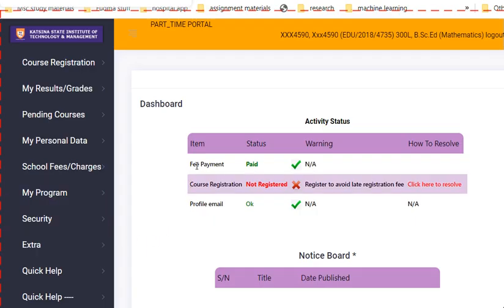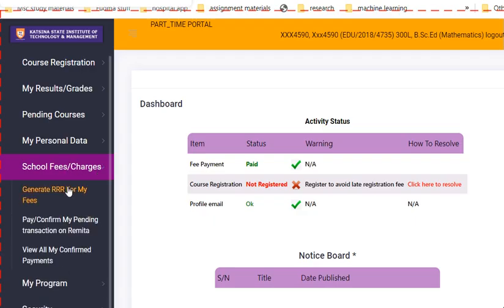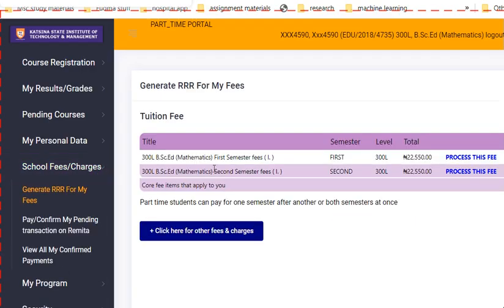So the first thing usually the student does on the portal is to pay his or her school fees. They can come to this menu, click on this generate RRR for my fees. Then this is a 300 level student that just logged in. So you can see the list of fees for 300 level. We have the one for first semester, then for second semester. And the student can actually click on process this fee